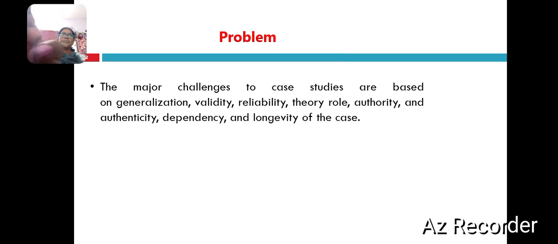Next, the problems and challenges in this. The major challenges in these case studies start with client background. Briefly introduce the client and their business. They should clearly state the problem the client was facing, such as low user engagement, slow website performance, lack of scalability. Then the goals outline the specific design goals for the project. Design process describes the process used: user research, wireframing, prototyping, testing. And the next, key design features: explain the specific design elements implemented to address the